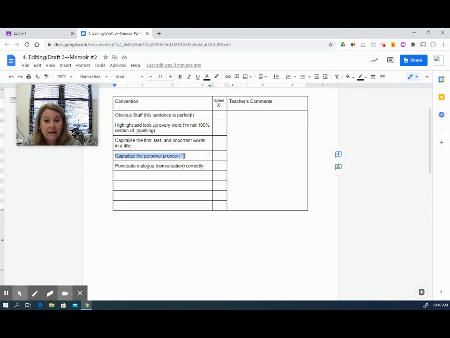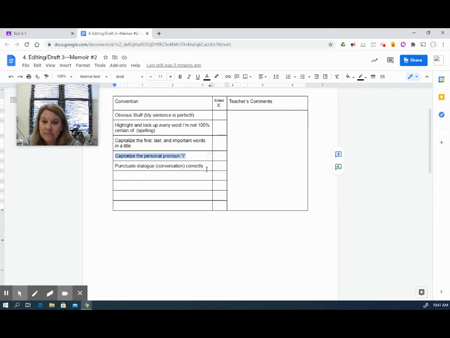I. Again, this one's so easy. All you're doing is skimming every single word in your document, and if the word is I, you're making sure that it is capitalized. I'm still seeing kids turn in drafts with lowercase i's for the personal pronoun. Not okay, and so easy to fix. Doesn't take any time. So you're going to scan your document word for word, and you're going to fix any of the I's that are not capitalized, and only after that are you going to put an X in the